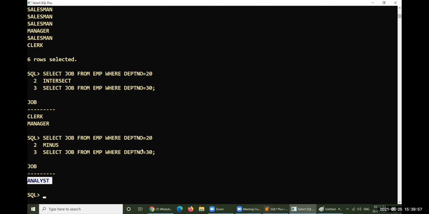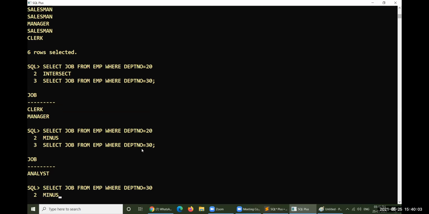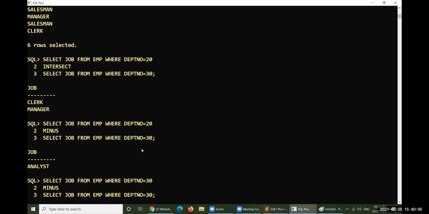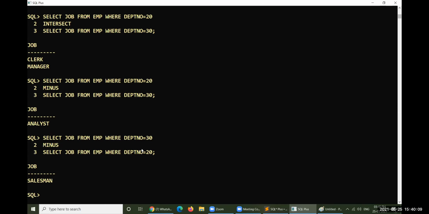And the unique job type for 30 would be like this: department number 30 minus department number 20. That is salesman. Salesman is the unique job when compared between 30 and 20. In this way, this can be operated.